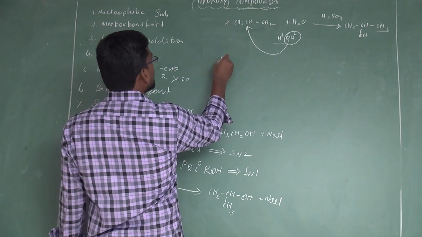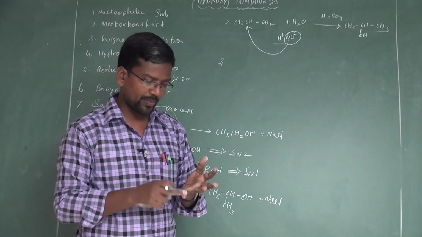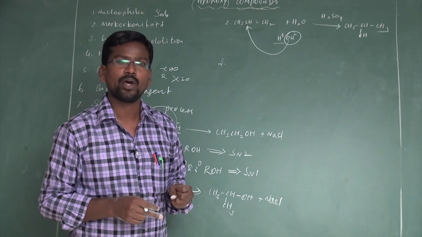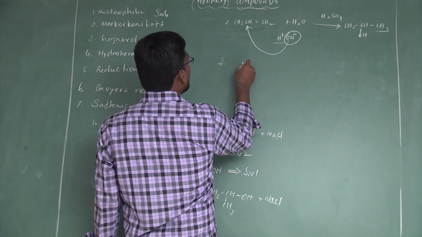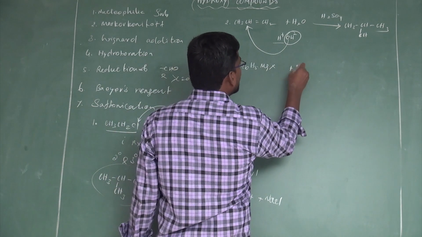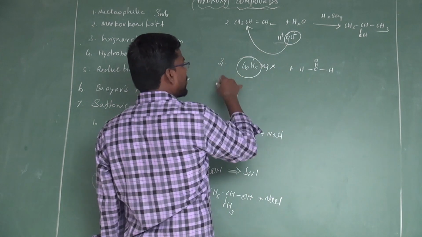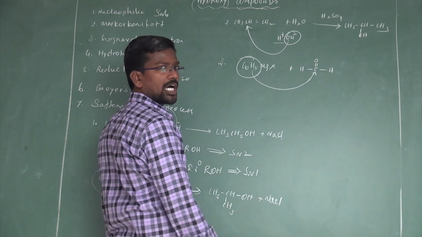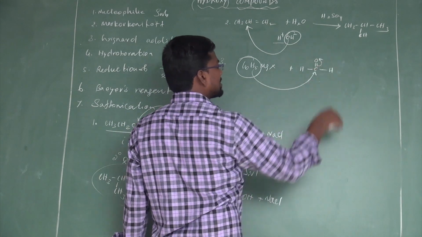Another one, the next one, Grignard addition. Primary, secondary and tertiary alcohols can be prepared from formaldehyde, acetaldehyde and acetone respectively. For example, phenyl magnesium bromide, C6H5MgX, reacts with formaldehyde, H-C=O-H. C6H5 is a phenyl group. The phenyl group directly attacks the electron-deficient carbonyl carbon atom. The carbon-oxygen bond breaks, and the lone pair of electrons moves towards the oxygen side.